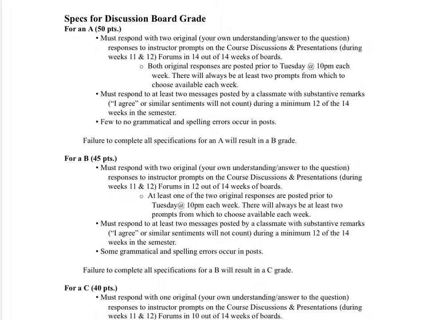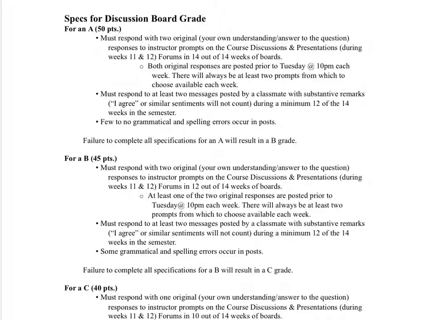I'm going to have a spot in the discussion boards called an FAQ, which is frequently asked questions, that responds to this. So if there are questions that you have, if you don't quite understand, then please go ahead and put up a question in the FAQ, and I will try to answer your question about the discussion board. That FAQ goes for anything about the course.